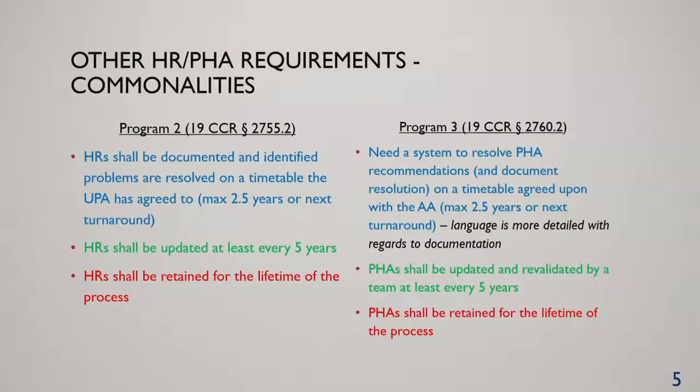So additional commonalities: there are the documentation requirements, so looking at documenting the hazard review or PHA, having that timetable of 2.5 years for specific action items that don't require a turnaround. That was all updated in the 2015 CalCUPA update, I believe. And then renewing your hazard review or PHA every 5 years, as well as retaining the documentation for the lifetime